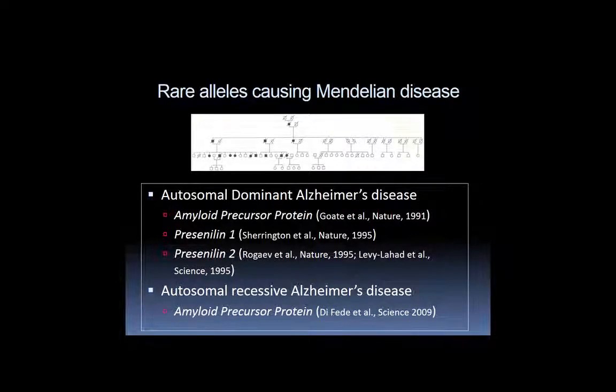And hopefully, just looking at that inheritance pattern, you can guess what the inheritance pattern is for most cases of the familial version of Alzheimer's disease. They're autosomal dominant, so carrying one copy of the disease allele is sufficient to cause the disease. And these are very rare in Alzheimer's disease, but they were tremendously helpful in beginning to unpick the genetics. And to find the